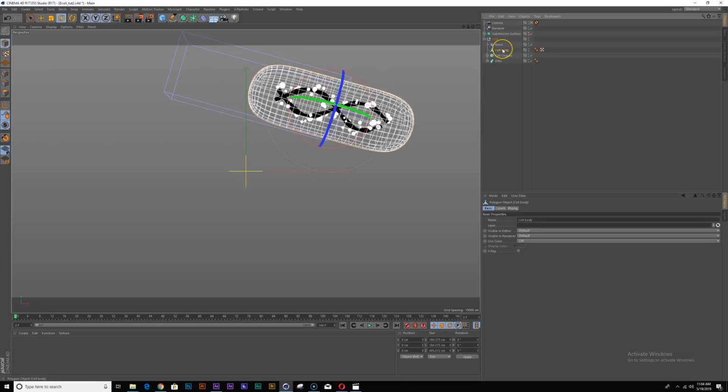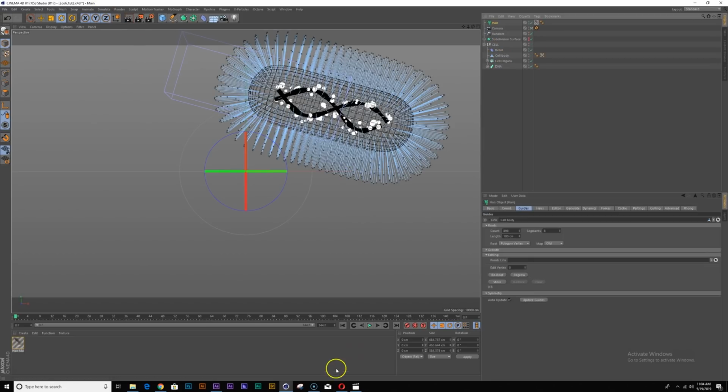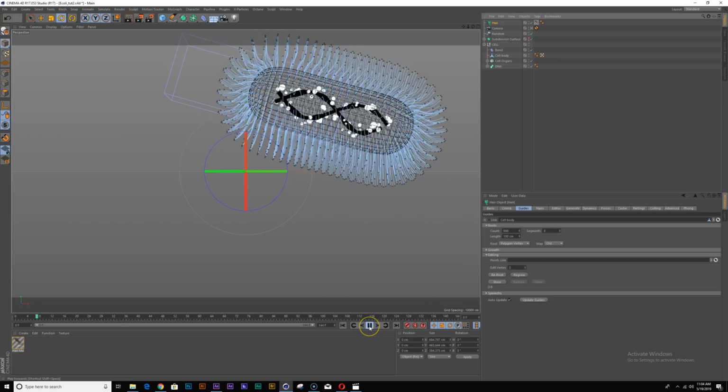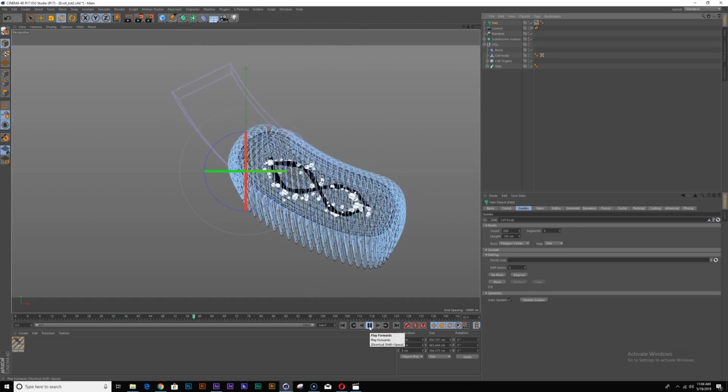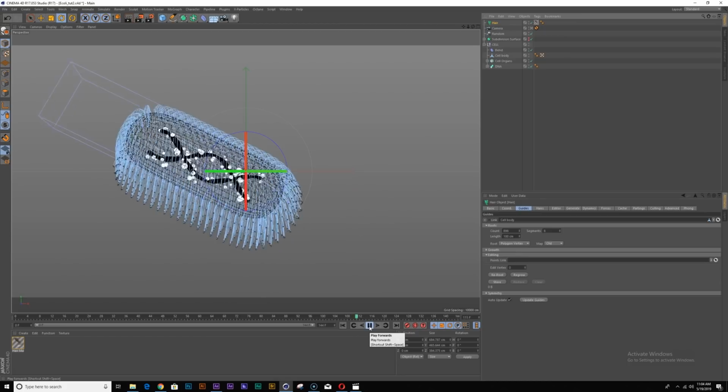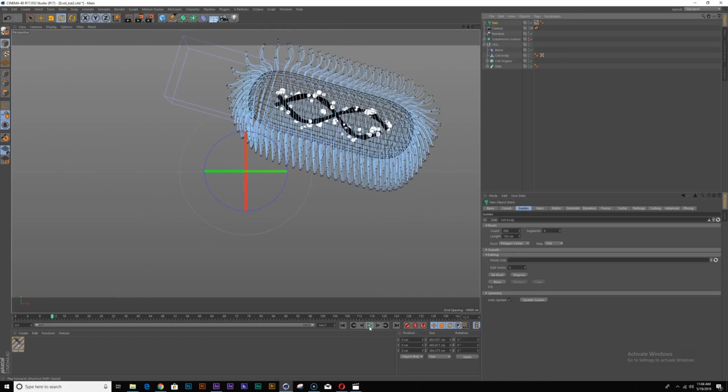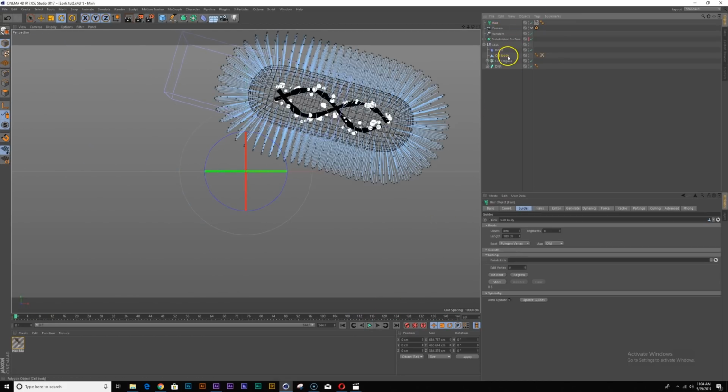So with our cell body selected, I am going to go to simulate, hair object, and add hair. And without doing anything, let's just play this back and see what this feels like. Okay, looks like a shaggy dog. Not bad. So let's go into our hair and play with some of the settings here.